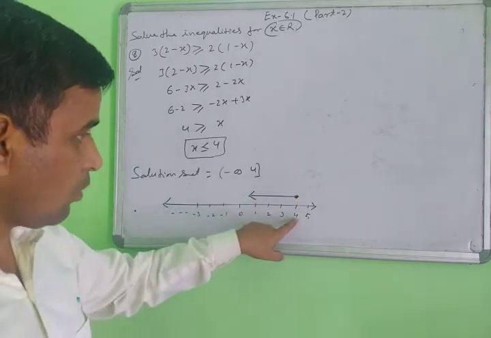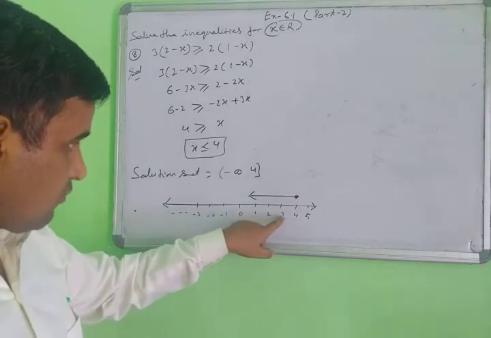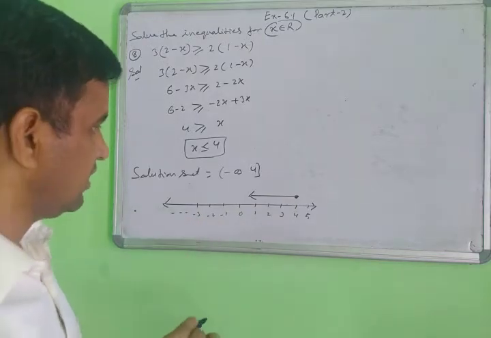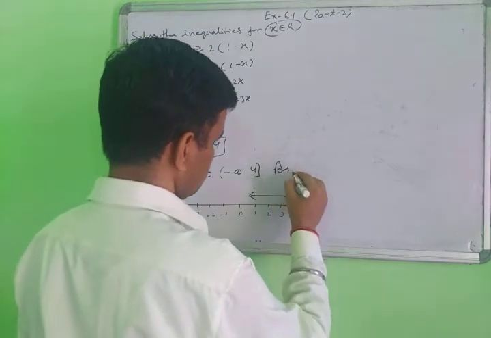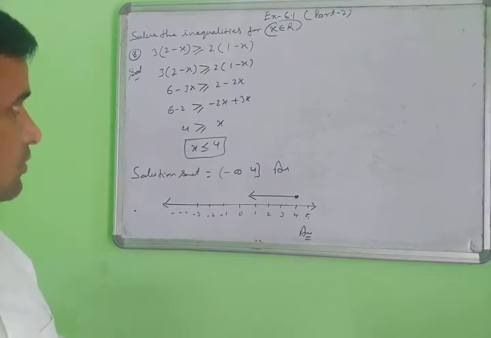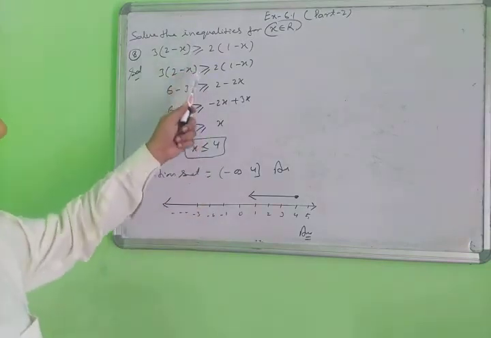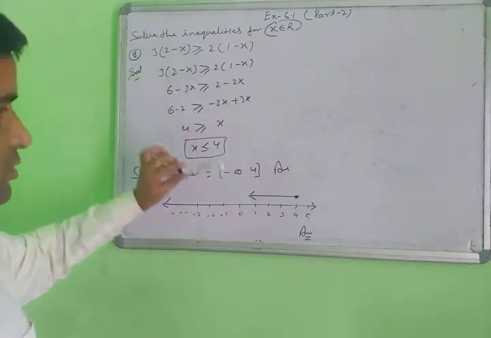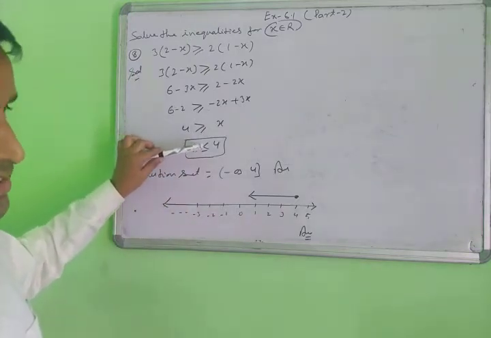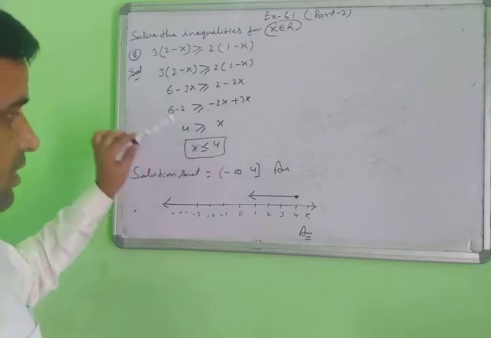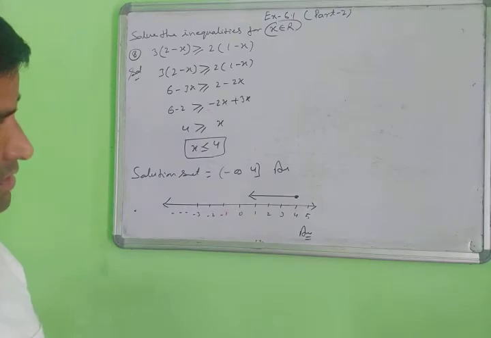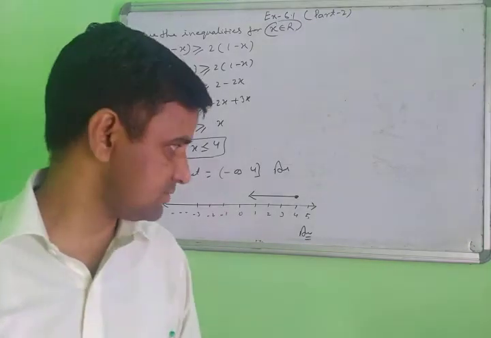Then it means every number more than or less than, it is not limited to minus 3, minus 2, minus 100, minus 200. But this is your solution set answer. In this way you will solve the question. Every question, whether less than or greater than, does not matter; you will solve every question in this way. First you will find the value of x, with any symbol or equal symbol, then you find the solution set, then you find it on the number line. Just note down the next questions.